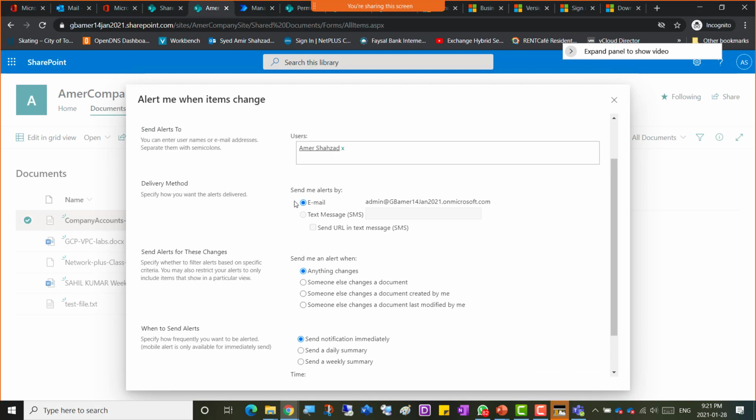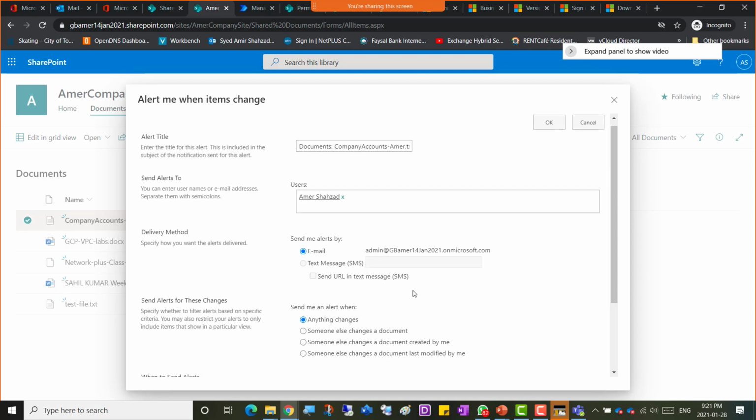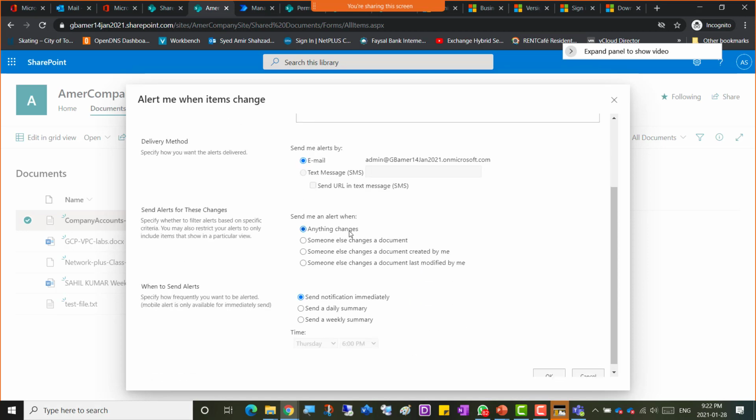Then there is that send me alerts by text message. Wow, that's cool, right? So I try to click it, but it's not actually, otherwise I would have just tested right now on my cell phone. So anyway, send me daily summary or send me weekly summary, or just put a time there at this time. So these I was looking for actually the alert for different versions as well, but that's it. Anything changes is already there,